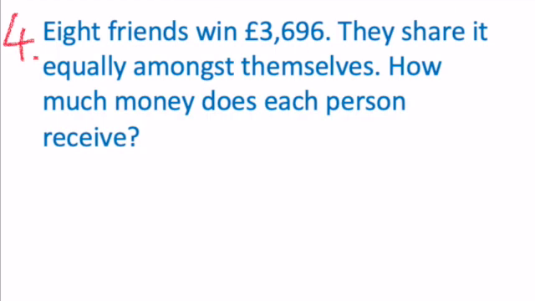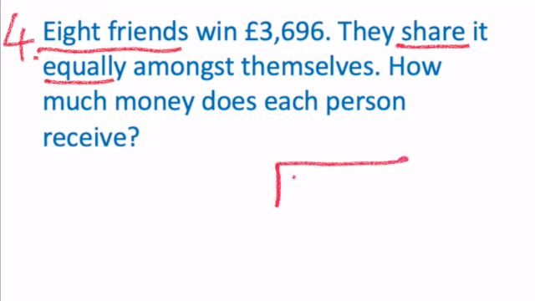£3,696 and they share it, there's a clue there, equally amongst themselves. How much money does each person receive? The clue is in the word share it equally and 8 friends. Press pause whilst you work that out. Okay, welcome back. So this is quite clearly, or I think quite clearly, a division. We're dividing, sharing equally,